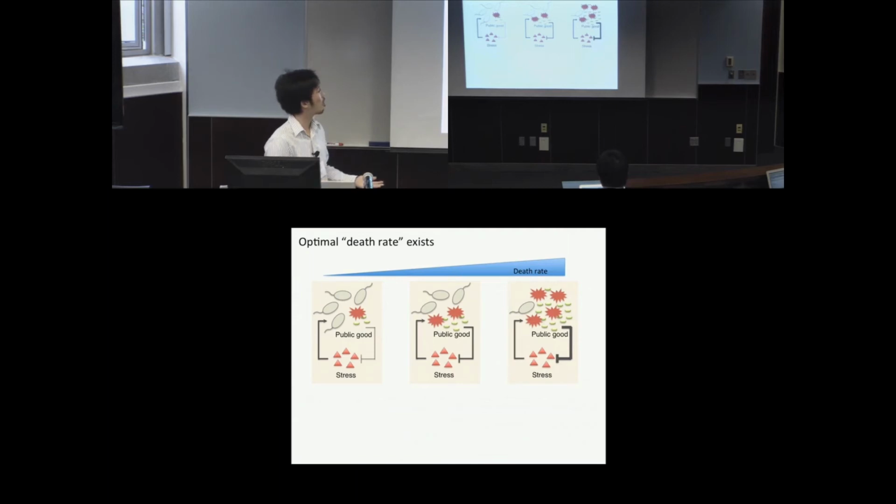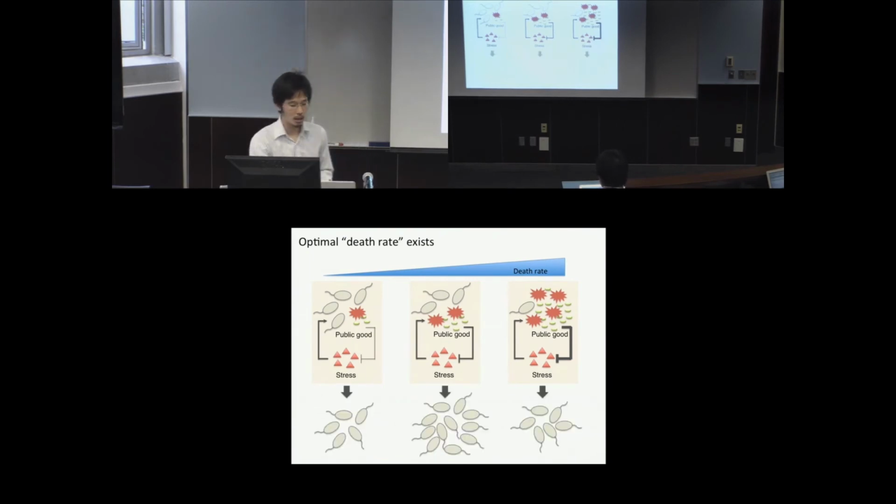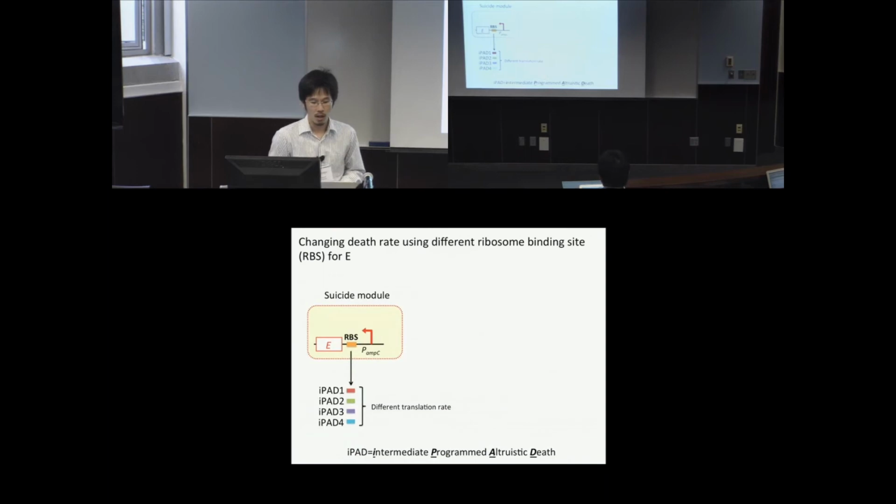So now you have more public good production resulting from more death, and this arm is now stronger. But you start from lower density after the stress to recover. So you can imagine that there must be some optimal degree of death that maximizes the growth of the population. Okay? So to test this notion, what I did was I wanted to control the expression level of this E